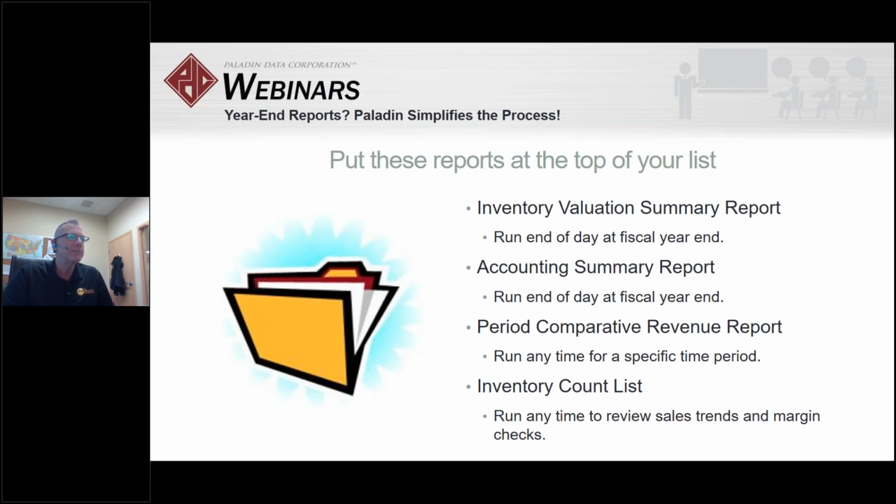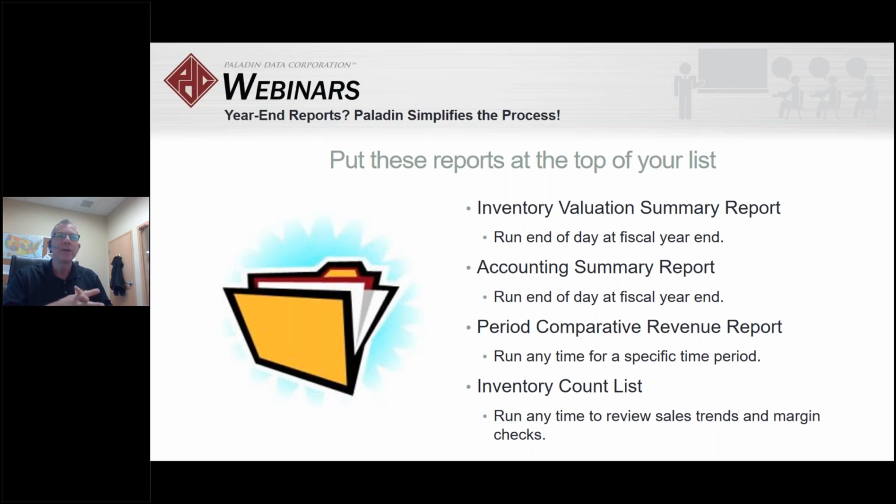The accounting summary report, again, should also be run at the end of the day at the fiscal year end. But if you set this up as a preset, you're going to have every month end in your system. And if you happen to come in over the holiday and get back in the store on January 3rd and go, oh my gosh, I forgot to run my inventory valuation summary and accounting summary report, you're okay. You should be protected because you should have gone in prior to that time and created a preset report that